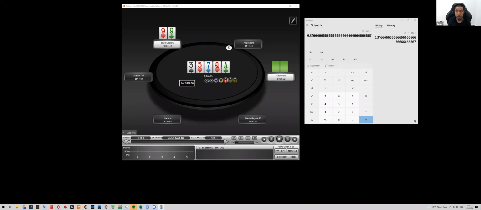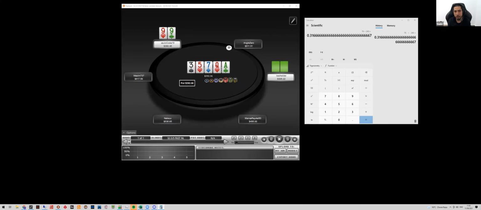And I use Hand2Note HUD, for example, which I think is what you all should be using because it's extremely flexible. You can build pretty much any stat that you want. In my HUD, I have a very general stat where I group all situations where villain faced a bet on the river, regardless of whether he was the bettor or the caller, single raised pots, 3-bet pots. This allows me to build a bigger sample on river situations, and I can see on average whether the player folds more or less compared to other players. So using a HUD is definitely very useful in these situations, okay?